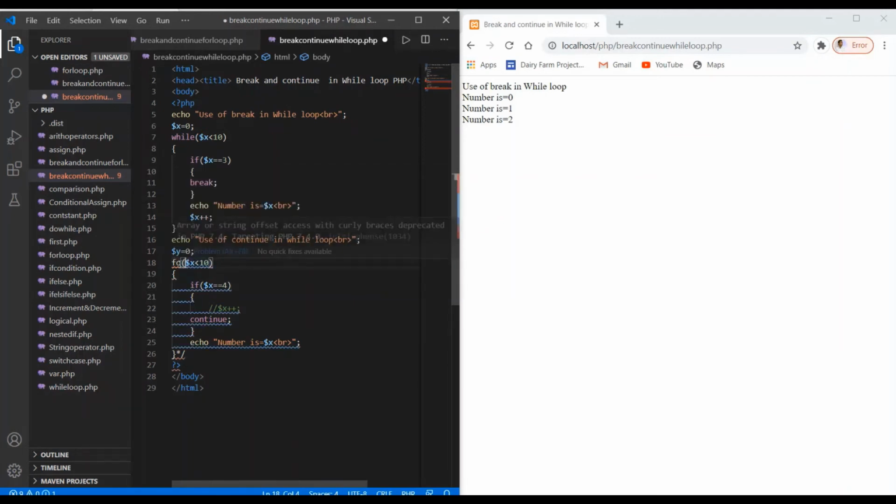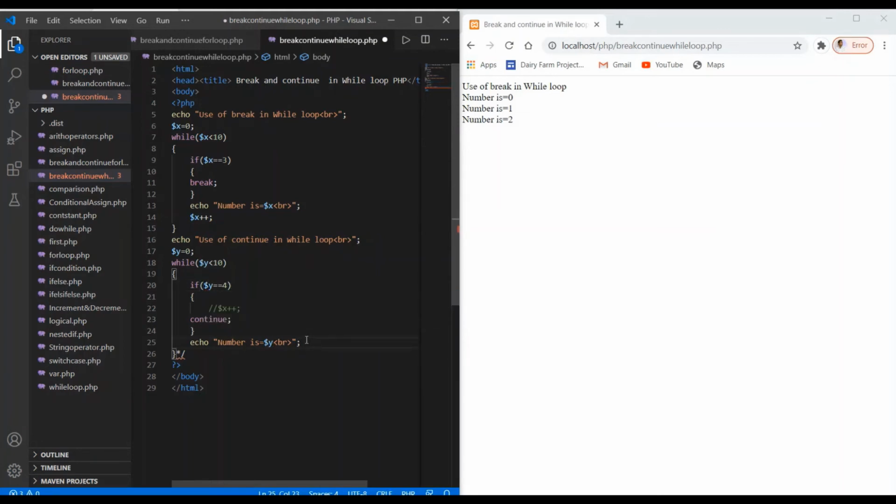So here I have written the if condition, and I'm using the variable y, so I have to write y here in my case. Similarly here I have to write y, and I have to increment it by 1. So I have to write one more line here, that is y plus plus.